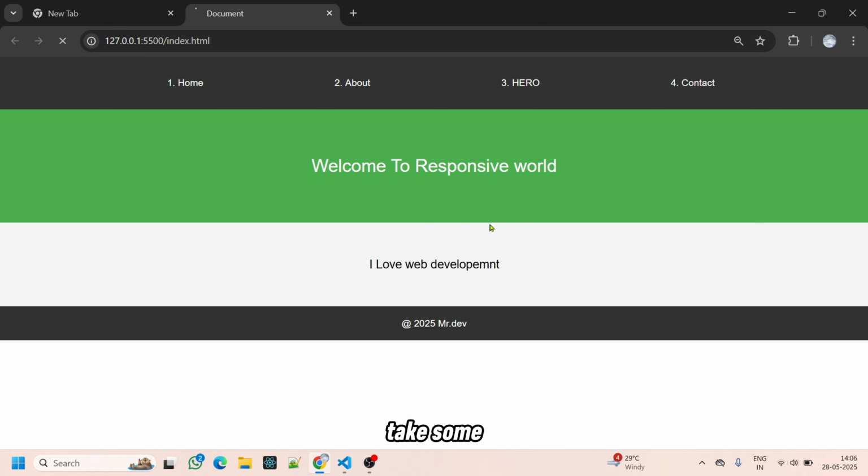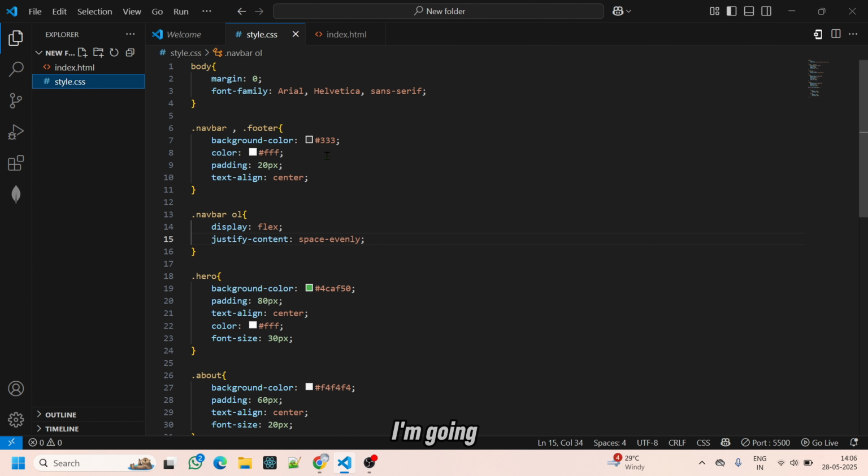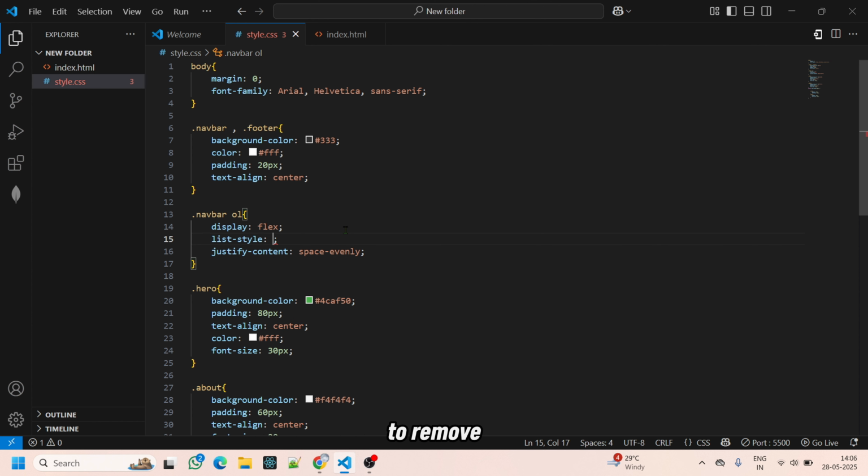So let's take some more elements. Okay, I'm going to remove dots,